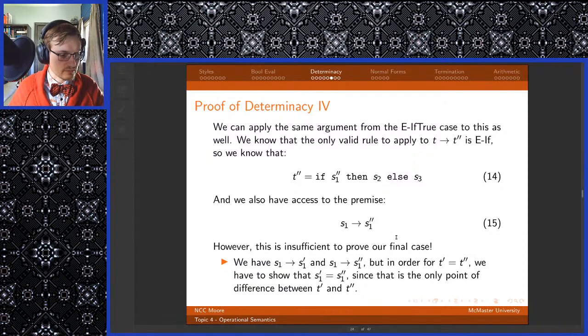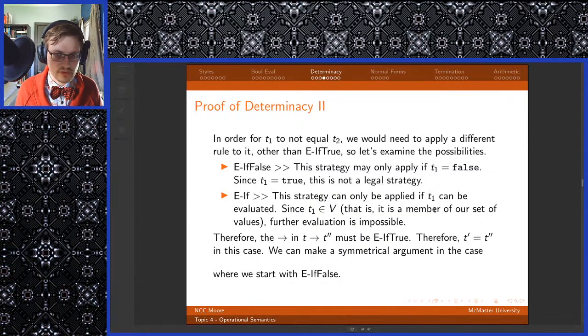Please ask me to slow down if I'm going too fast. Would you mind reiterating how I picked t and t prime in that last proof? Okay, so